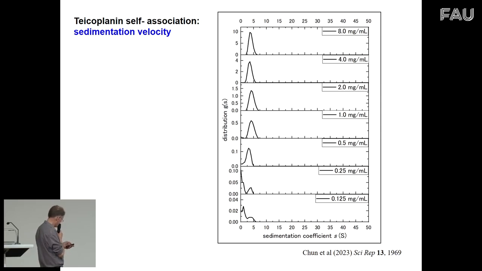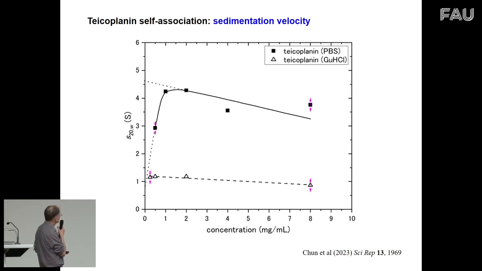You can't see this because of the large scale we use looking for large aggregates. But if you plot the S value against concentration, you'll see this characteristic increase and decrease,